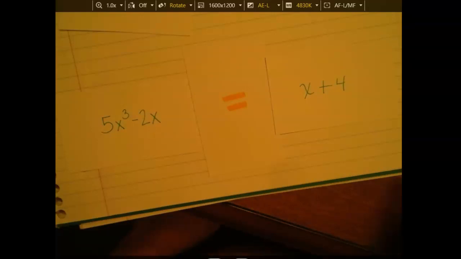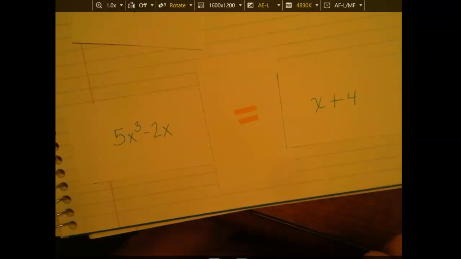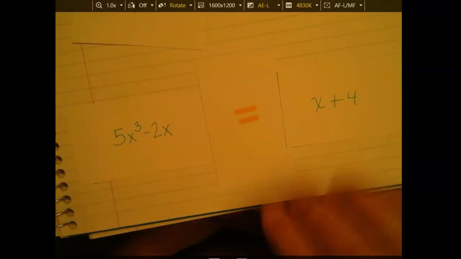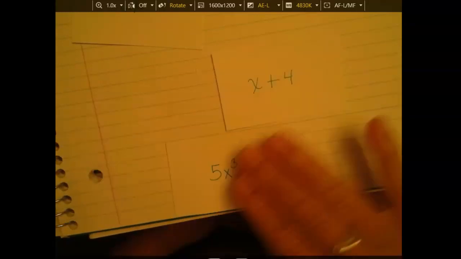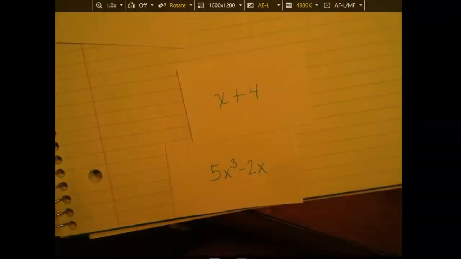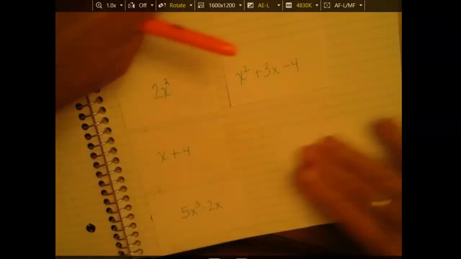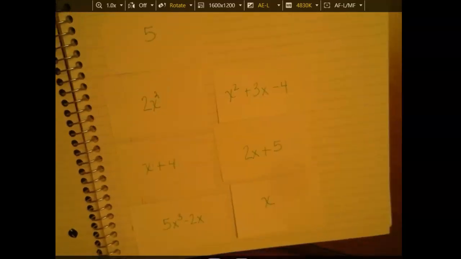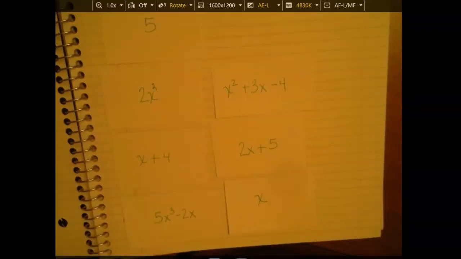And so what we want to get at here, first of all, is that a polynomial is really just an expression. So I'm going to take the equals away now. All of these cards that I had laid out are expressions, but we could also call them polynomials. Okay, poly means many, right? And most people kind of got that. Poly means many, but when we're naming polynomials, mathematical expressions with lots of parts,